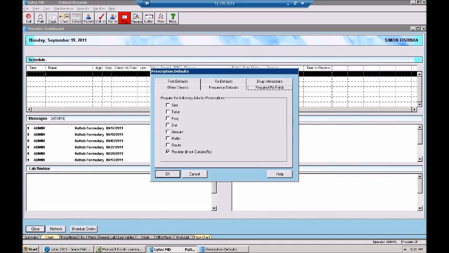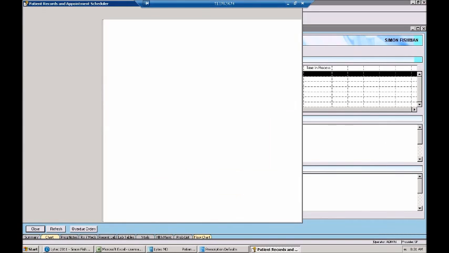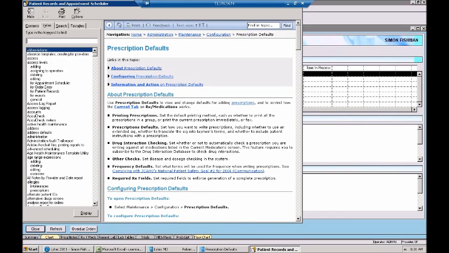I check, you want to know the size, you want to know the take, frequency, duration, amount. I would put refills and route. I check all of these, because what this is saying is that in order for a prescription to go out, all of those things need to be